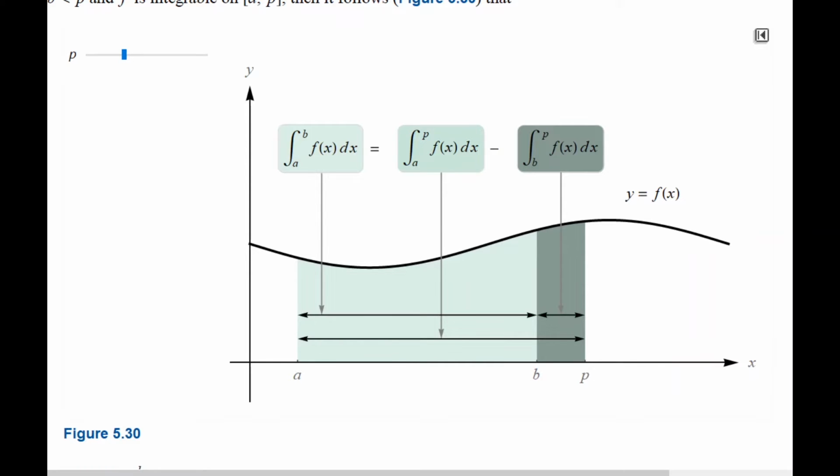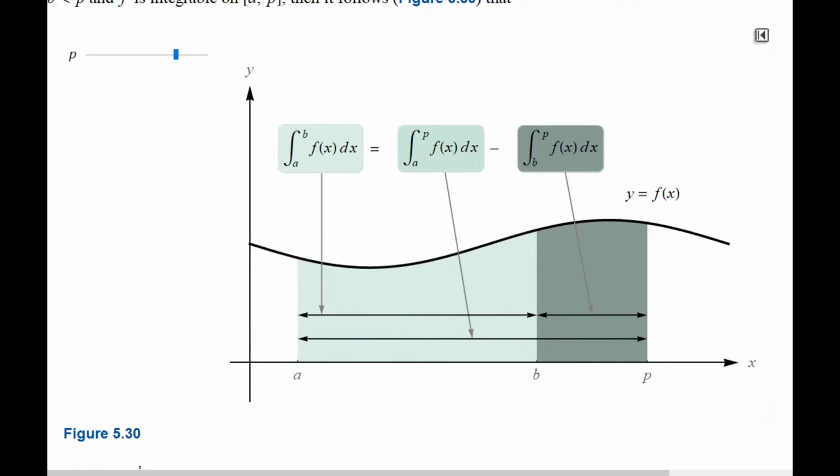Well, again, thanks to the definitions that we used, where reversing the limit introduces a minus sign, you could see that this relation still works. I mean, here P is to the right of B, and yet that formula still works. Okay? We could vary P and get it closer or farther away, but notice that